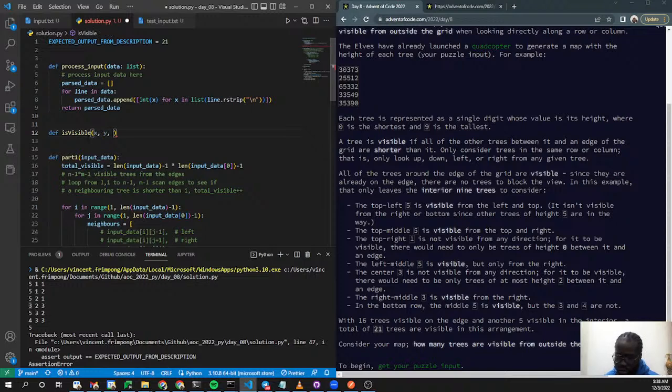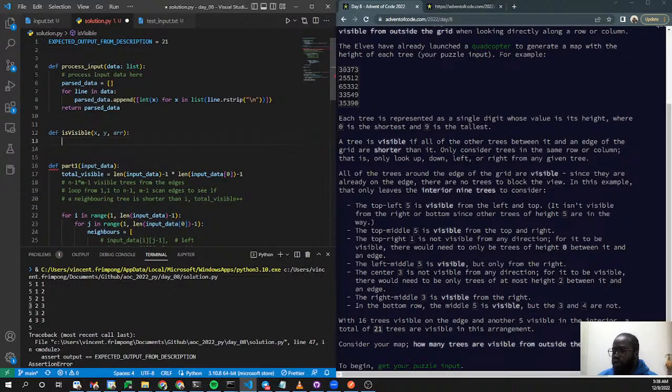it traverses over the input data. Let me just call it array. Right, it traverses over the array and then tries to find if within that row there is anything higher than that, right? So